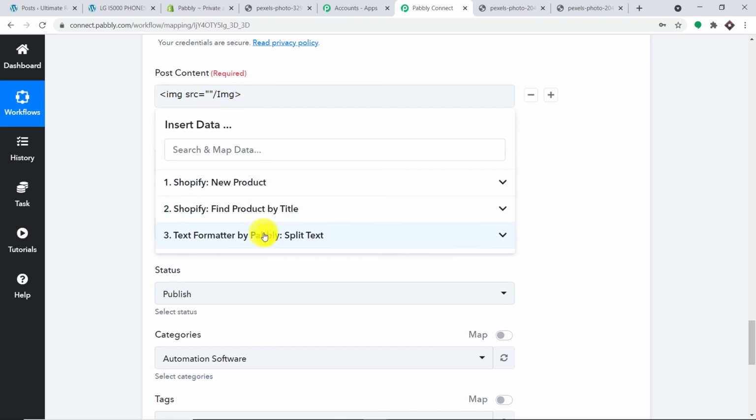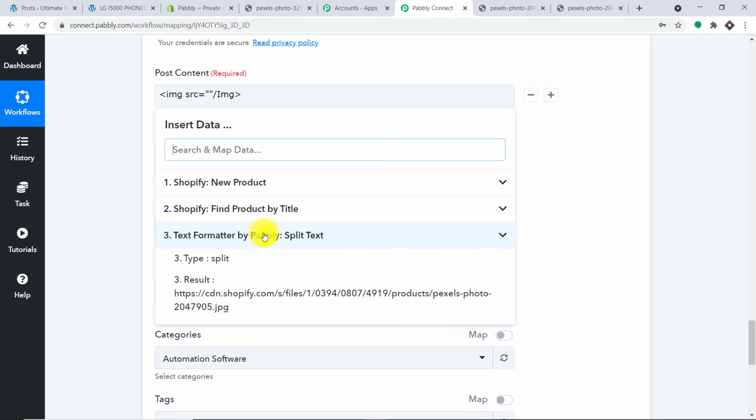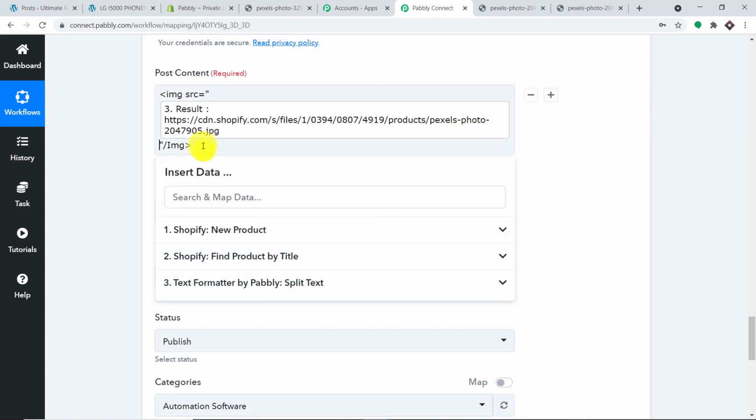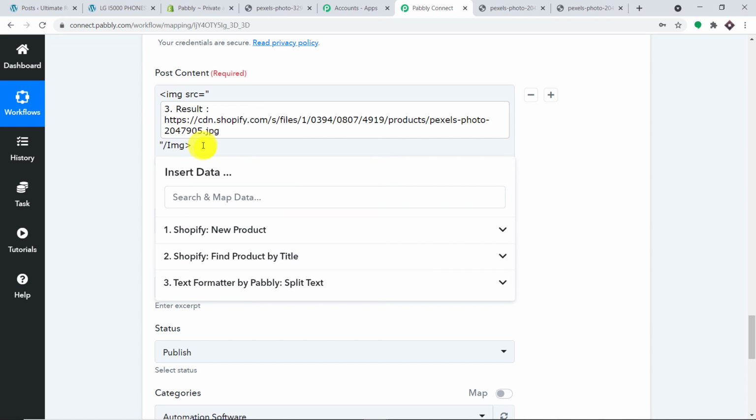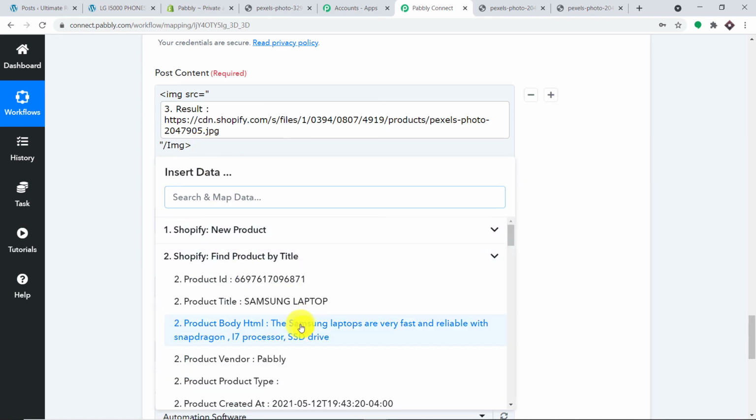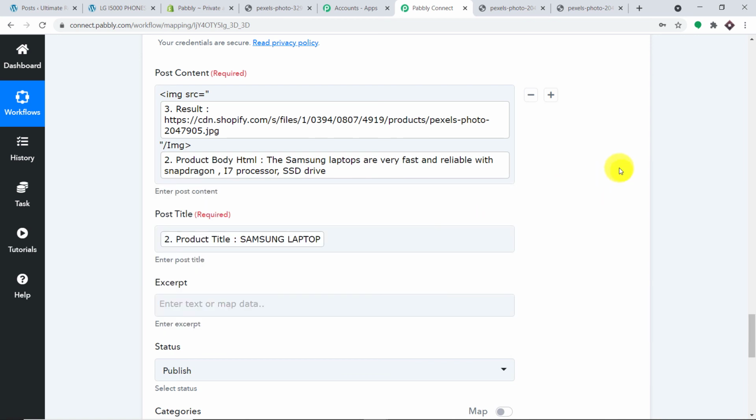Inside it, we are going to enter the image URL. As you may remember, we have created a perfect image URL, and we have mapped it. After that, we are going to enter the content from the second accordion, that is the product body. So we have mapped this particular detail.